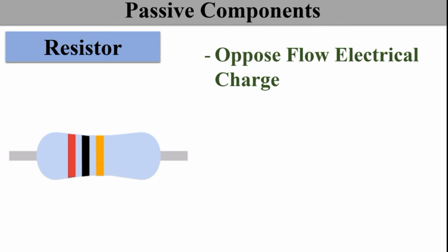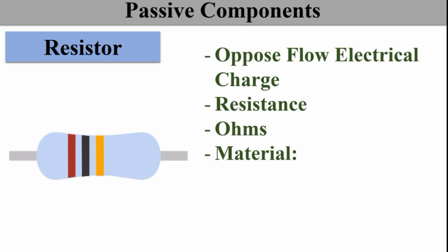The opposition to the flow of the electric current through any material is known as the resistance of that material, and the device which opposes the flow of the electrical charge in the device or circuit is known as the resistor. The resistance is measured in